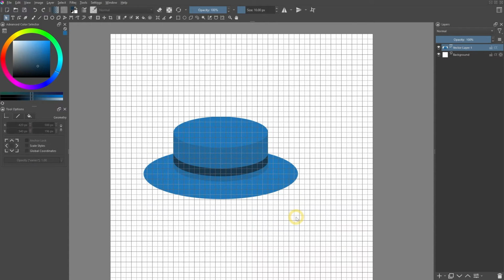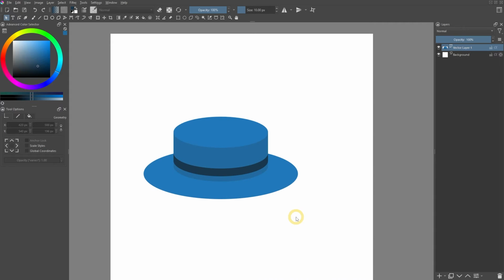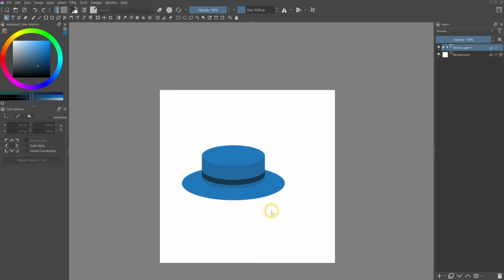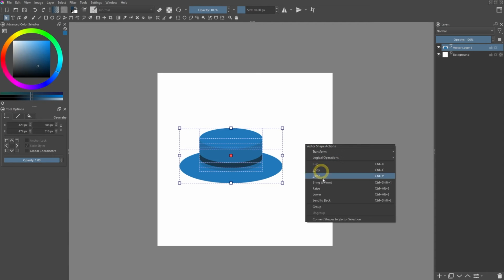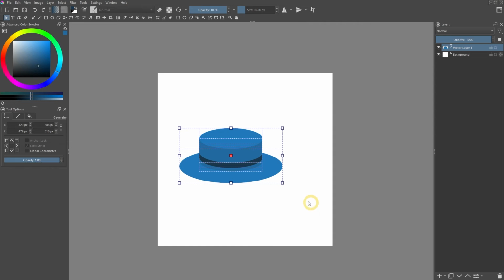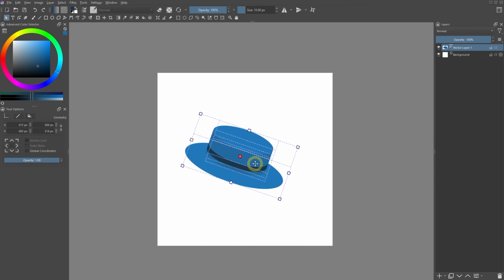Then we can press Ctrl Shift Code to hide the grid, and then press Ctrl Shift semicolon to disable the grid snapping feature. Next, create a rectangular selection by click dragging from right to left. Make sure all the shapes that make up the head are selected. Then right-click, then choose Group. While in the grouped condition, we can easily rotate all of them at once using the Select Shapes tool.